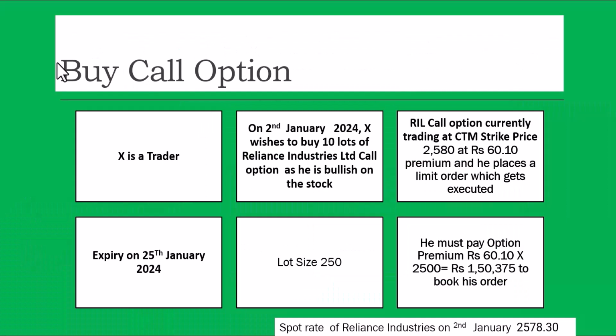So he says that the Reliance stock is going to go up, and the market is trending according to the technical analysis. He has used the indicator called MACD, and he found Reliance is going to go up. We'll understand what MACD is next time. So he says the stock is going to go up, so he buys a call option. He'll make money if the stock price goes up.